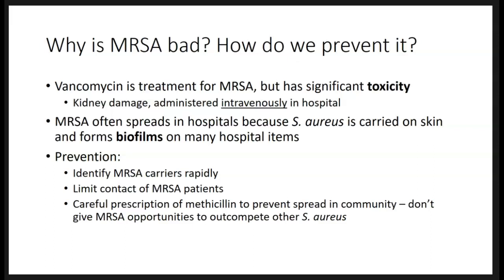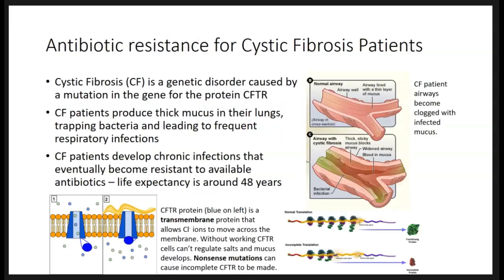We also should be careful with our use of the antibiotics that we do have and prevent their misuse so that those antibiotic-resistant bacteria don't spread. So antibiotic resistance doesn't just develop because of our misuse of antibiotics. Some individuals, such as individuals with a genetic condition called cystic fibrosis, develop antibiotic-resistant microbiota through no fault of their own. So cystic fibrosis, or CF, is a genetic disorder, and it's caused by a mutation in the gene that